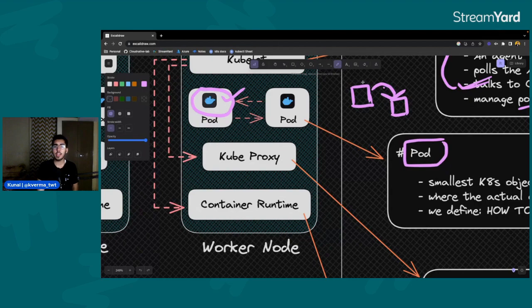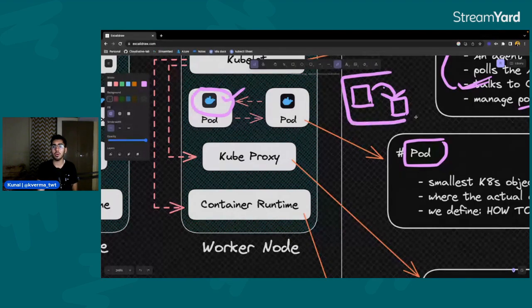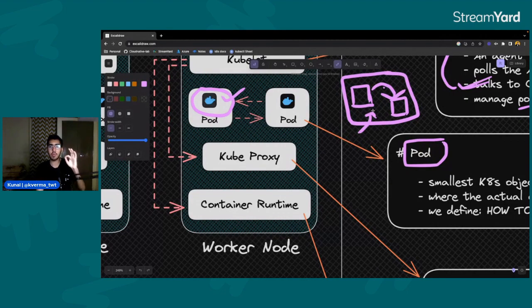Now, in the case of Kubernetes, if this whole thing is enclosed inside a pod, it is pretty easy, because all the containerized applications in a pod share the same resources and the same network. So you don't have to define those particular rules. These containers will be able to easily communicate with each other when they are within a pod. So that is one of the main advantages of using Kubernetes and why it uses a pod instead of a simple container. Okay, I hope you got the idea.